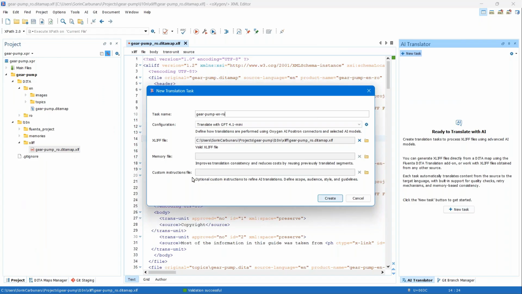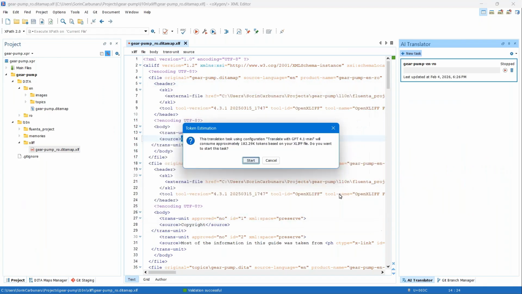Also, another thing that I'm not going to provide is a custom instructions file, because I want to keep the scenario simple and easy to understand. But in these instruction files, you could provide instructions and guidelines. You could, for example, define a scope or the audience or the style of the translation, or you can even provide a sort of terminology. You can say this word needs to be translated as X, not as Y, for example, or something like that. But keeping things simple, we only choose the translation configuration and the XLIFF file, and we create the translation task,